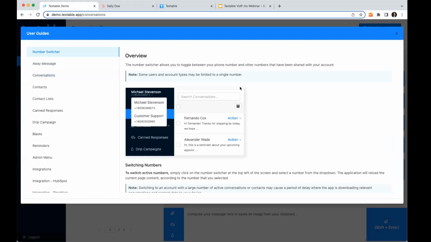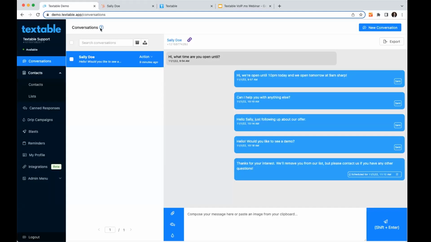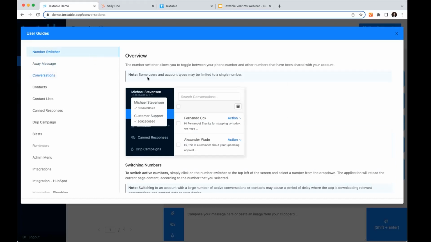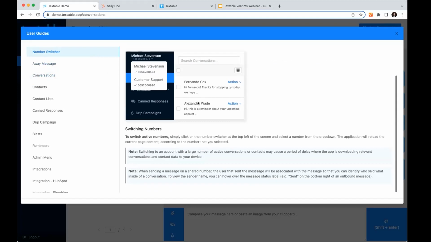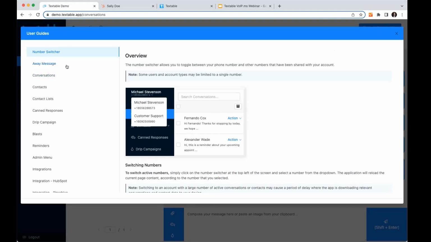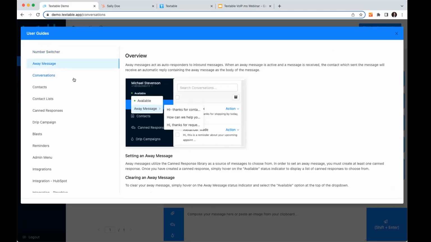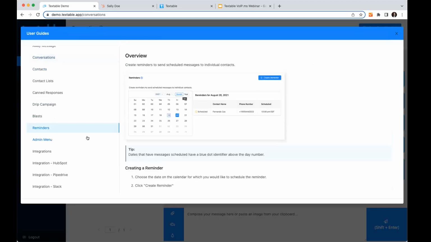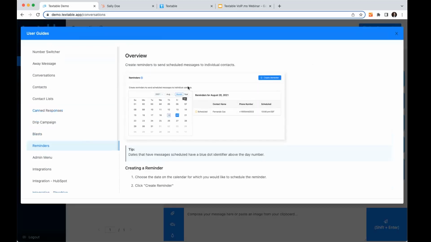Inside of the application, at the top of any feature here, there's a little question mark icon. You can click on that icon, and it'll launch into our, again, in-app user guides. The cool thing about this is obviously you're inside of the app, you're using it, and every time we update or add a feature or anything like that, you're going to see these updated as well. So if you're an owner worried about onboarding and training employees, this should help that. Or if you're just somebody who's like, I need to know how to use this, it's always right there. Like I said, it's always up to date as we add.